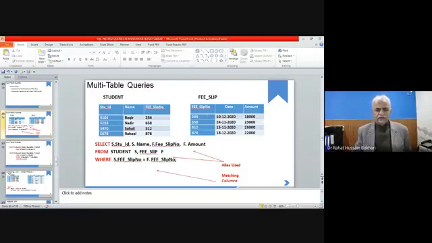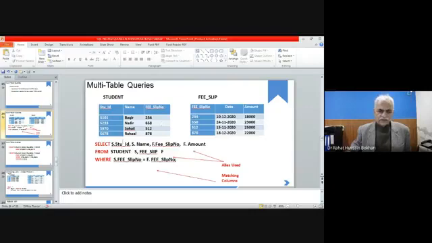So if we likely want to get the data from both tables, I say I need student ID, name, fee slip and amount. These four values we want to get from these two tables. The student ID and name are within the student table, whereas the fee slip number and amount are within the fee slip table. However, the fee slip values are also available in the student table.